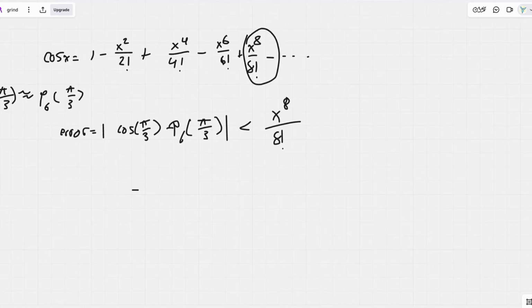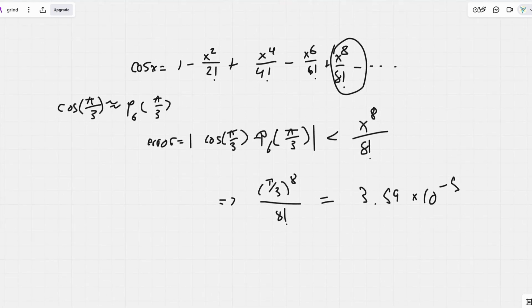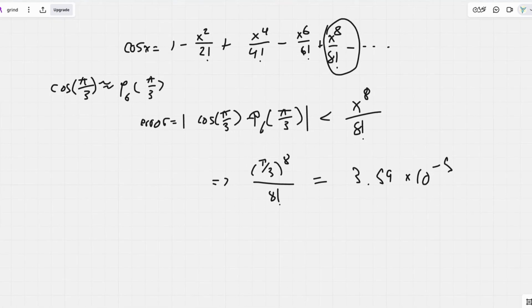And then what we get is, we plug this into our calculators. Then we get 3.59 times 10 to the negative 5. So that's our upper bound for our error, and we know that the error has to be less than that by the alternating series error bound. And what we can do is we can solve for the Maclaurin series at pi over 3, and we get